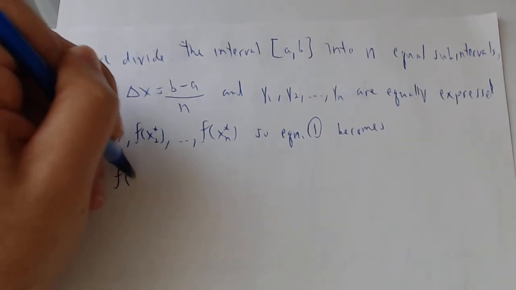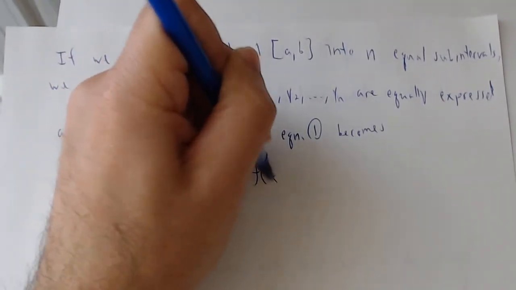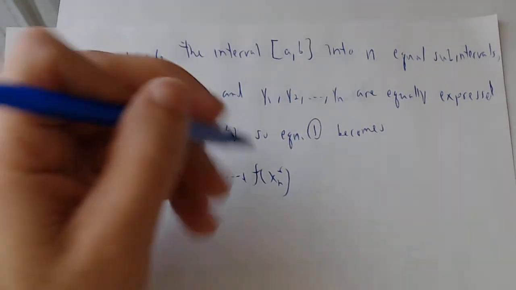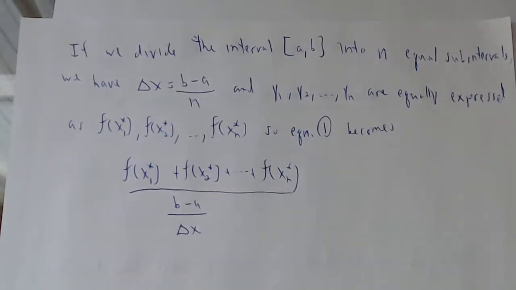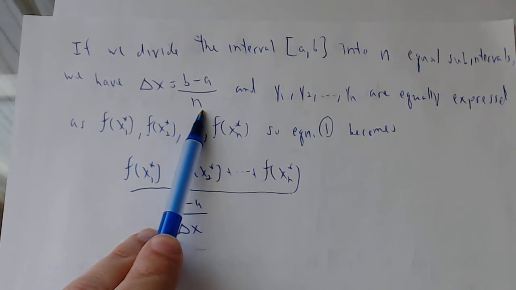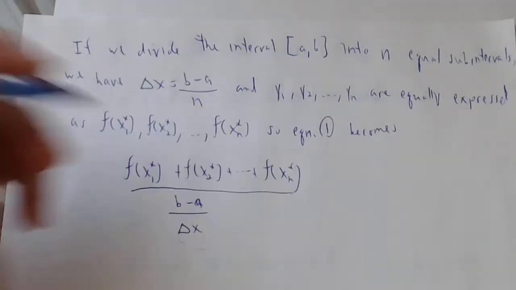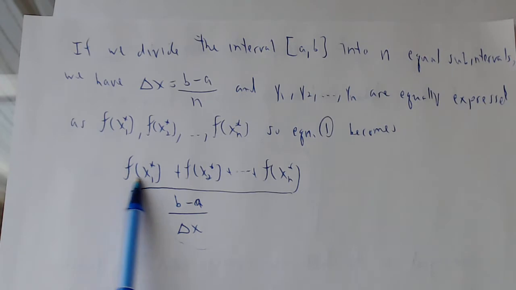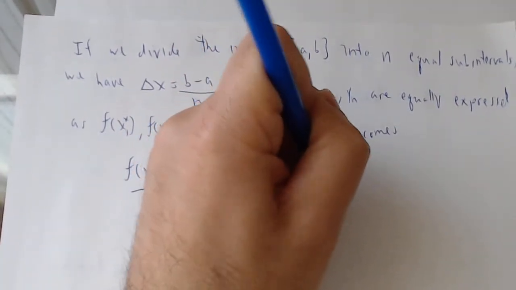It'll be f of x sub 1 star plus f of x sub 2 star plus all the way to f of x sub n star. All of this divided by b minus a over delta x. Okay, and so how did I get this? Well, if you grab this and solve for n, because if you remember, we were dividing by n, you get that, b minus a divided by delta x. So now if I simplify this and say, look, this times the reciprocal of that, that gives me 1 over b minus a